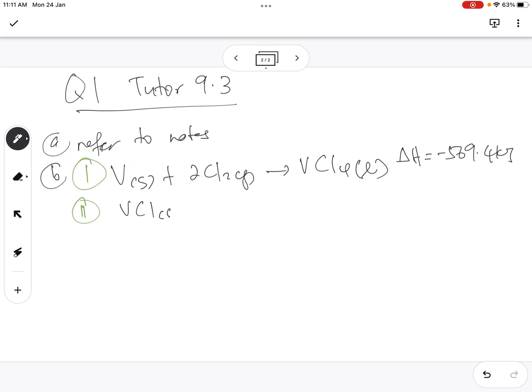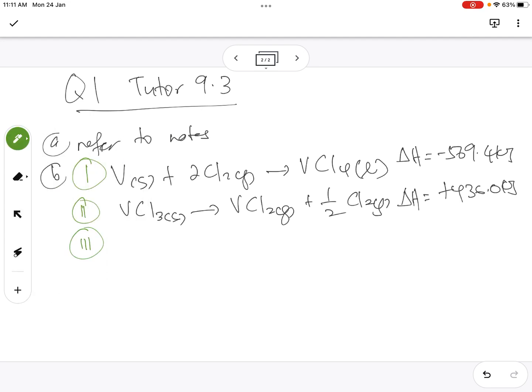VCl3 solid produces VCl2 gas plus half chlorine gas, delta H equals plus 436.0 kilojoule. And then equation 3, kita label equation 3,